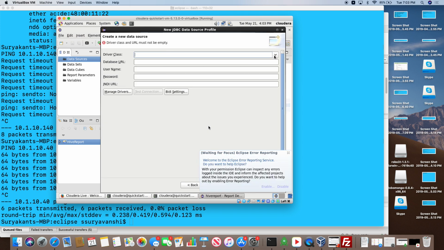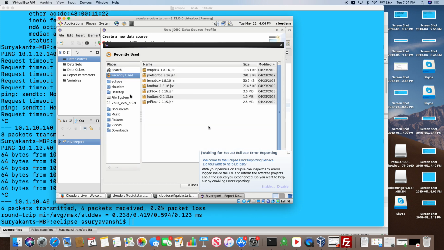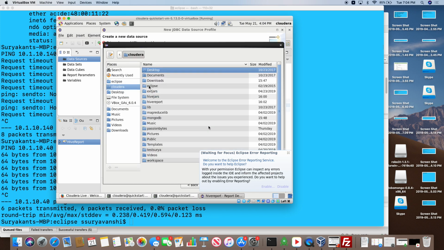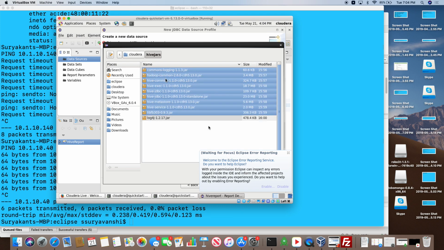Driver class. This is where you are going to give your driver class, but before that, look at this button. Driver class is empty, it is showing red. Manage drivers. Why? You have to upload the jar files now so that Eclipse knows what are the jar files. So manage drivers. Can you guess what I'm going to do? Jar files, add, and go to your home/cloudera. We created a folder called Hive jars, and I am going to select all these 10 files that we have done, and then I am going to